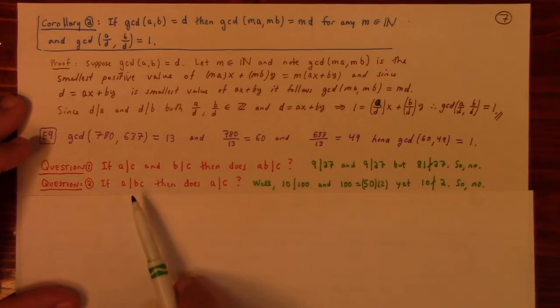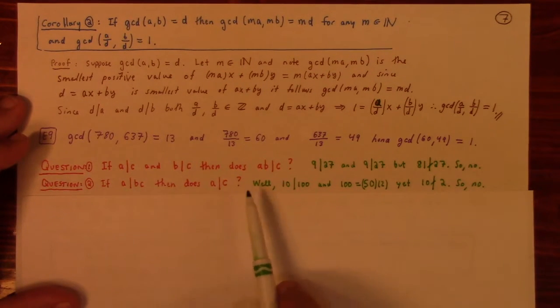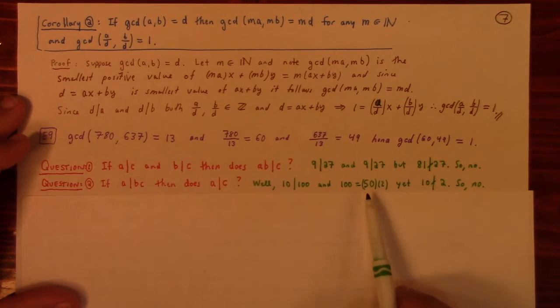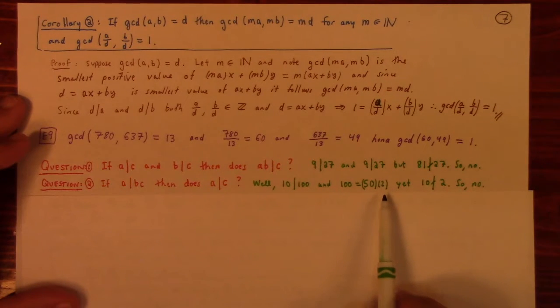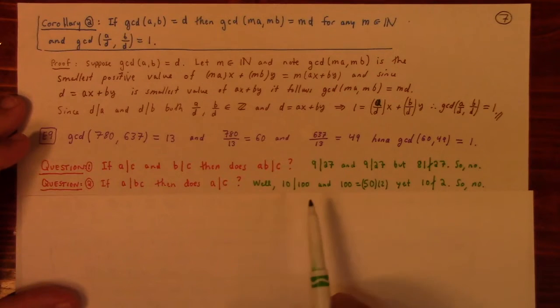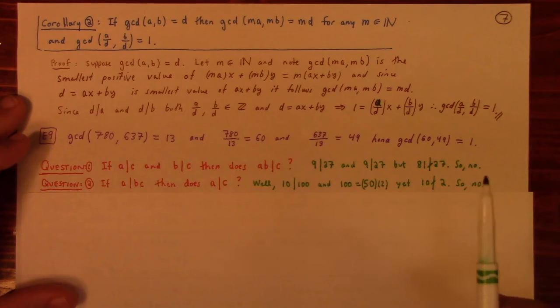Question number 2. If a divides bc, then does a divide c? Well, let's see here. I said 10 divides 100, all right? And I can think of 100 as 50 times 2, good job, dummy. So 100 is 50 times 2. Does 10 divide 2? No, it does not. So no, these questions are definitely answered by no,